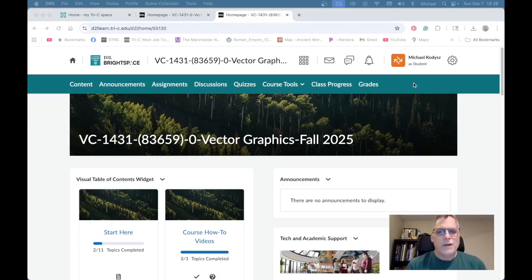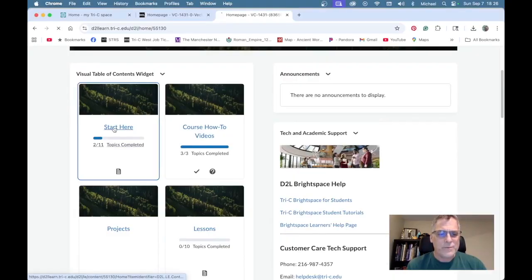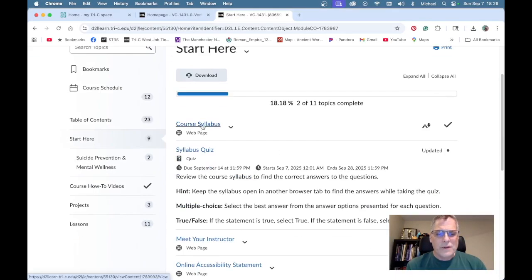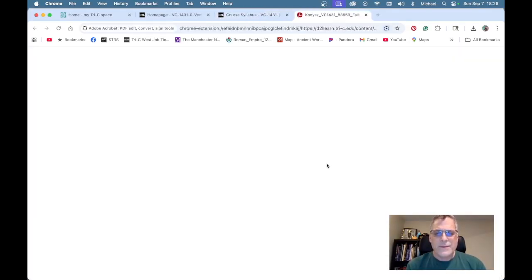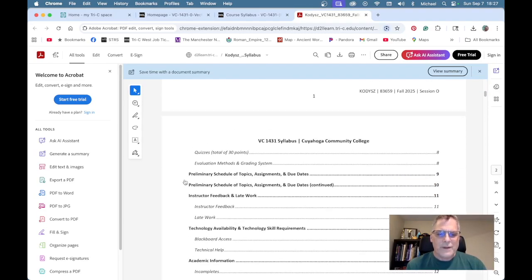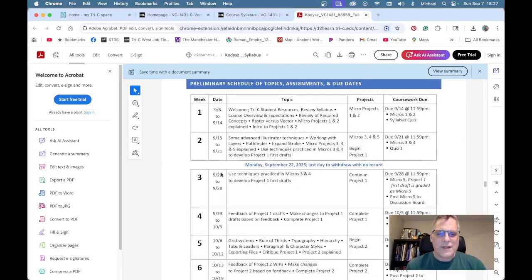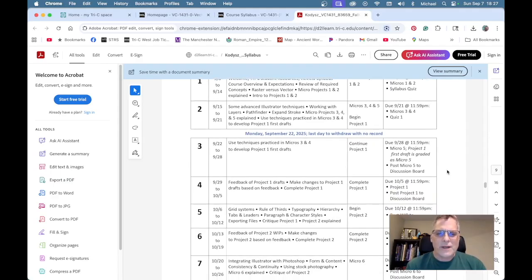I wanted to give you a brief introduction to navigating the course and the first assignments. So when you navigate to our course, the first thing you want to do is go to the Start Here tab and make sure that you open up the syllabus and click to access the syllabus. It'll open up in a separate window, and if you scroll down just a bit, you can click on the course schedule so you can see what assignments we're going to be working on each week and what the